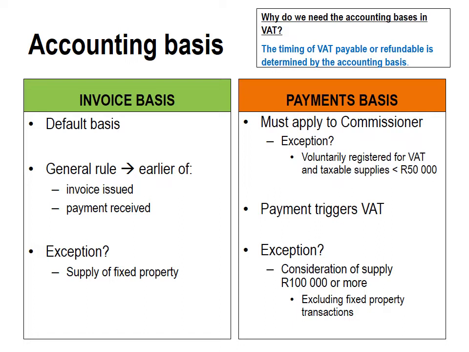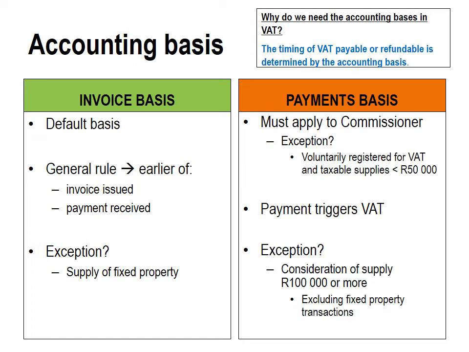So if you refer back to your notes, preferably your own, but if you use the lecture notes, and you remember the slide where I compared invoice versus payments, I just quickly want us to run through and recap, and then I'm going to have a look at an example. So remember that invoice basis is your default basis. In other words, we will generally register somebody on invoice basis unless they apply specifically to be on the payments